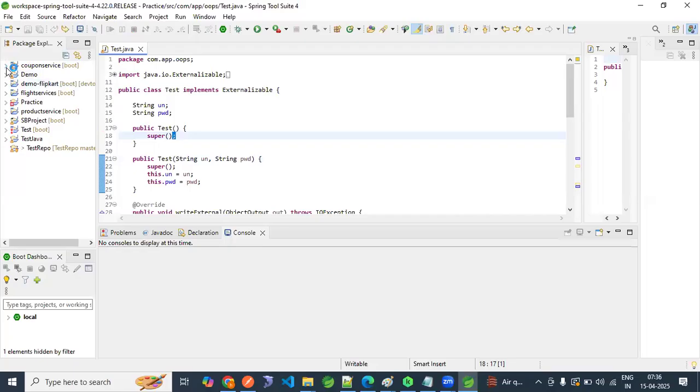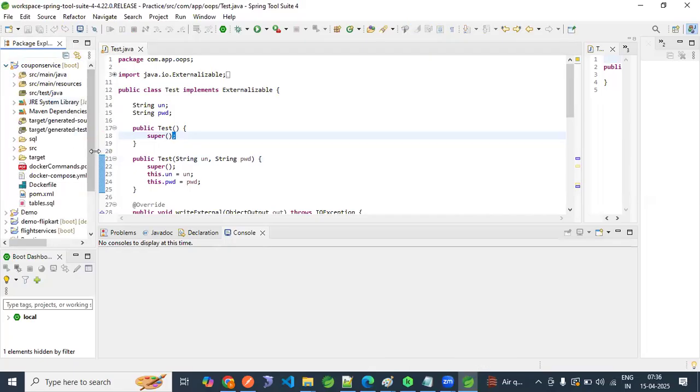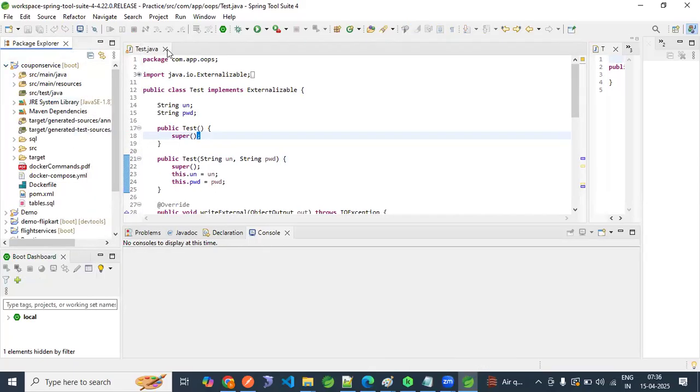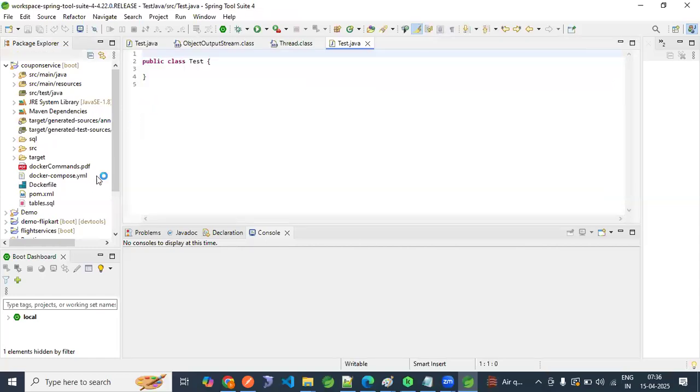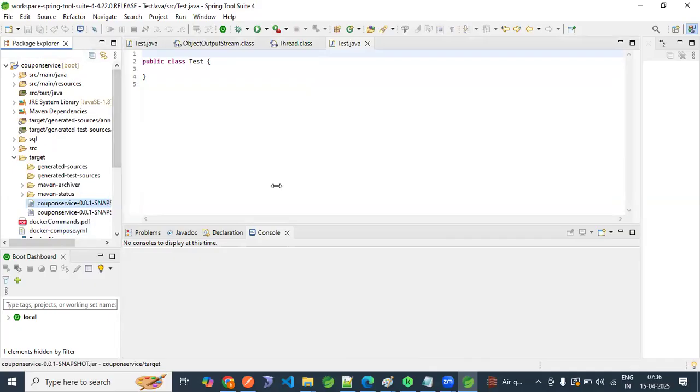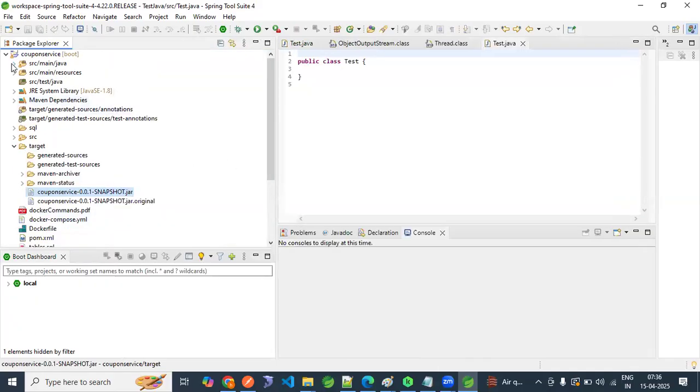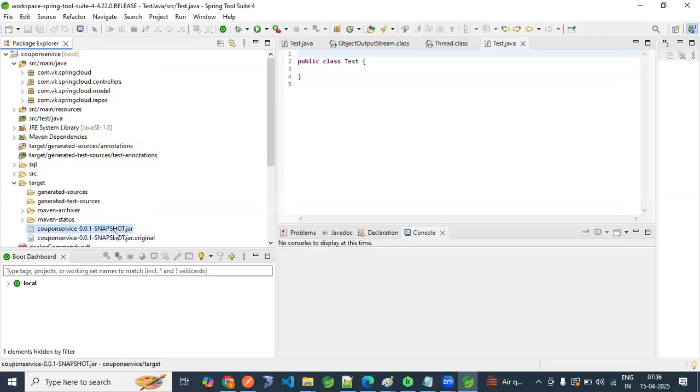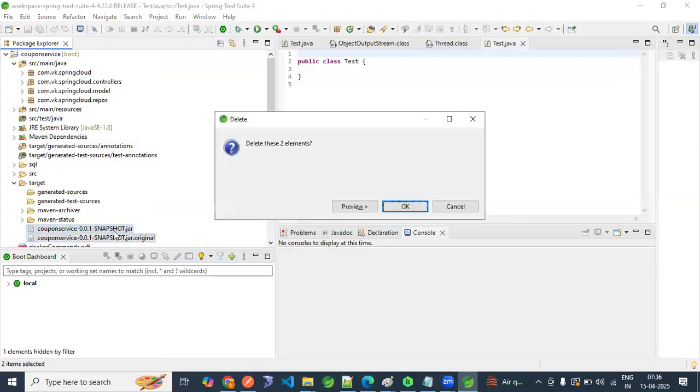Yesterday we tried to build this project, open.service. I was showing you under the target, we have observed this jar file, right? Let me intentionally delete this jar file. Yesterday we successfully created the jar file. Now